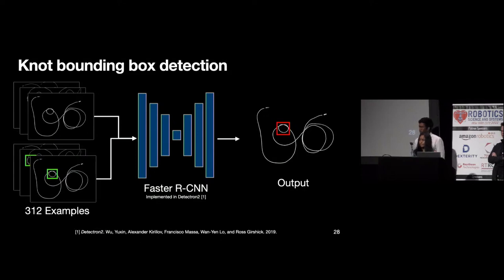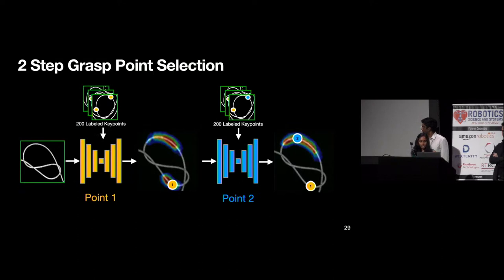This is used as the first step in identifying grasp points for dual cage separation, and also for verifying that no knots remain before we perform tracing. We use 2 fully connected networks with a ResNet34 backbone for grasp point selection for the dual cage separation primitive. The first network takes in the image of the knot crop produced by the previous network that I just discussed and predicts the first grasp point.